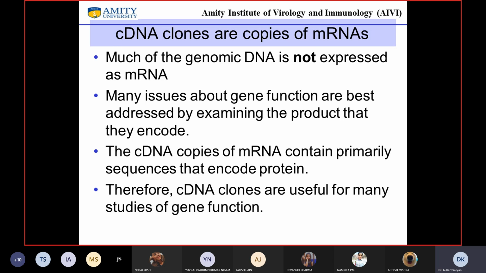If you want to look at the product as such, then it makes a lot of sense to make a cDNA library rather than a genomic library. On the other hand, if you want to study how this gene is expressed, what the controlling elements are, what the structure of the promoter is, and whether there is anything beyond the promoter like enhancers or silencers, then you would need a genomic library. Otherwise, a cDNA library is the best.